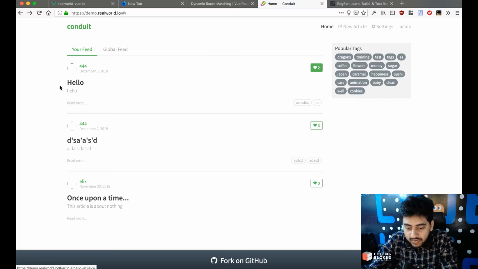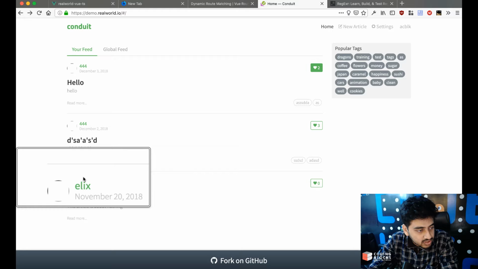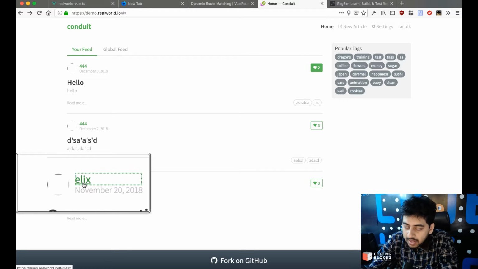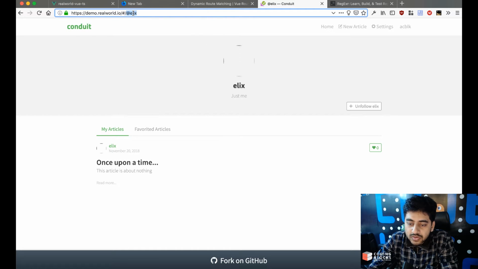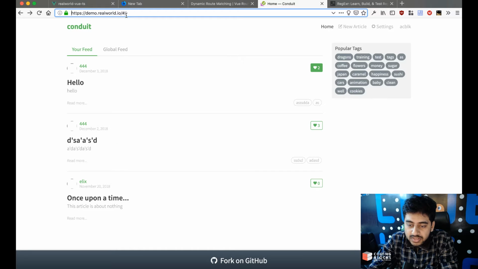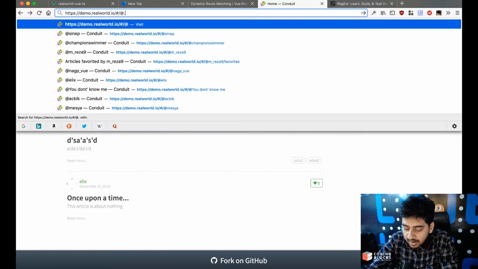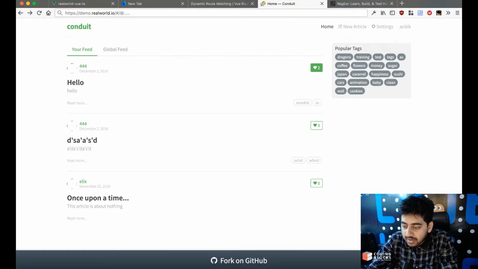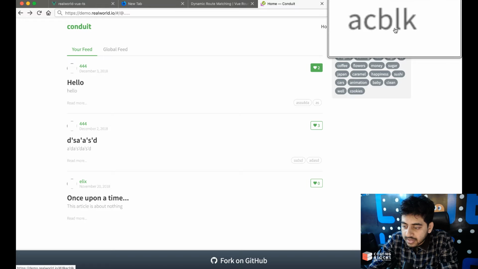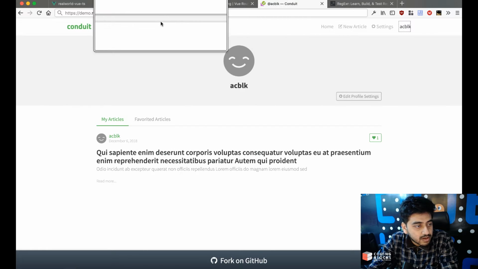And you see that if I see this page, this article is written by this user called Elix, as you can see here. If I click on Elix, my route goes to @/Elix. So I want to be able to match a route which says @ and then anything after that, which means that this is a profile page link. Even my own username link becomes like acvlk. If I go and click there, it becomes